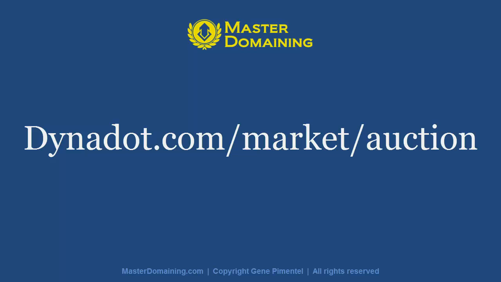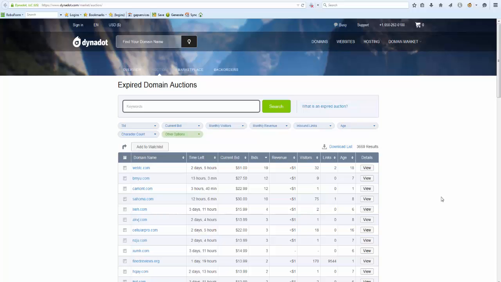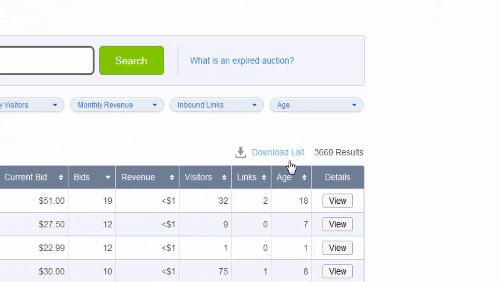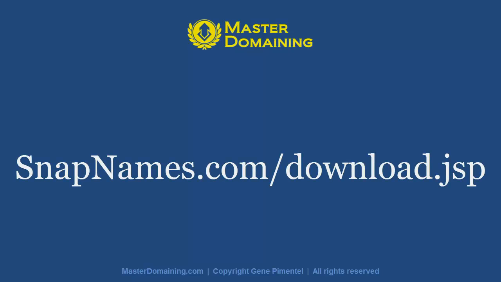Another one is dynadot.com. And that would be at dynadot.com/market/auction. And once you're at Dynadot, simply go to this link right here where it says download list. And again, you can just download it to your computer. Once you have the file, we can open it up with Domain Name Filter. Another one is snapnames.com,